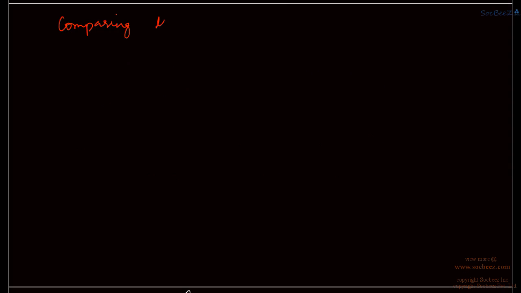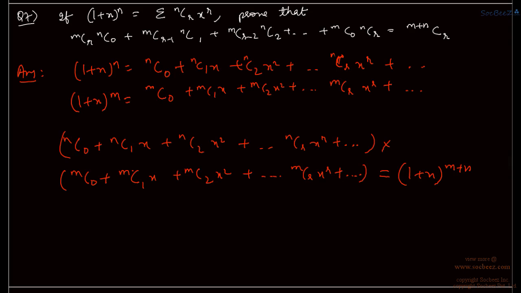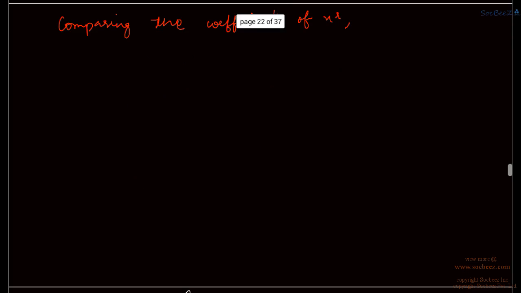So comparing the coefficients of x to the power r, what I see is, x to the power r is here for the first term, so this is mC0 into mCr, and that is what we get in the result. So we are actually proceeding in the correct way. Now you see that for both the expressions, the exponent of x increases on the right side. So if you have to maintain the coefficient of any term, you have to move one step left for one expression, and move in the opposite direction for the next one. So we get mC0 and mCr